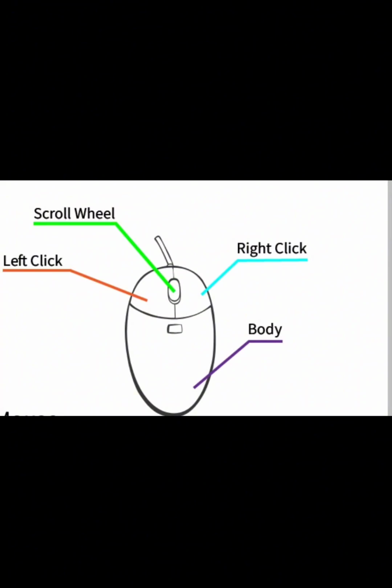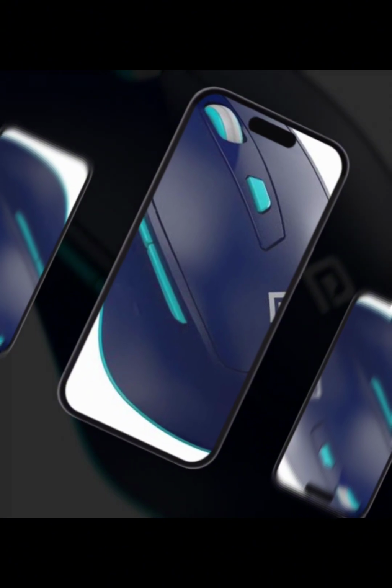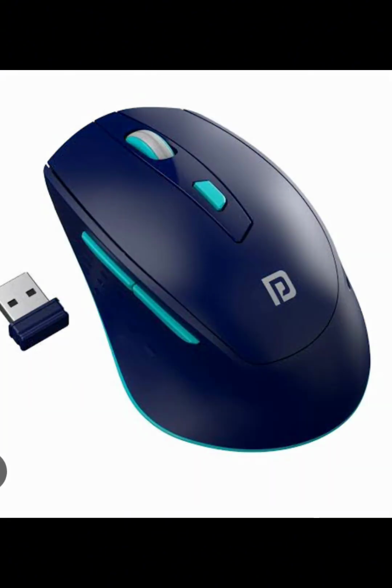Then another use is that we have two types of computer mouse: a wired mouse and a wireless mouse. So what is a wireless mouse? A wireless mouse is a device that connects to a computer or tablet without cables. A wireless mouse is a mouse that, as you can see on the screen, doesn't have a long cord. It just has like a small USB port you put,